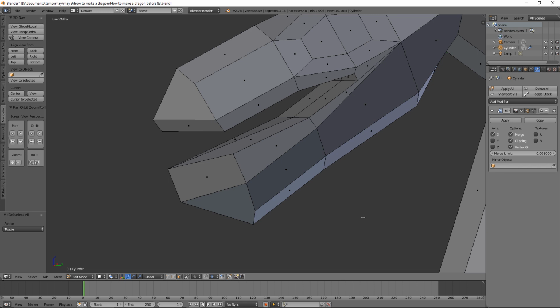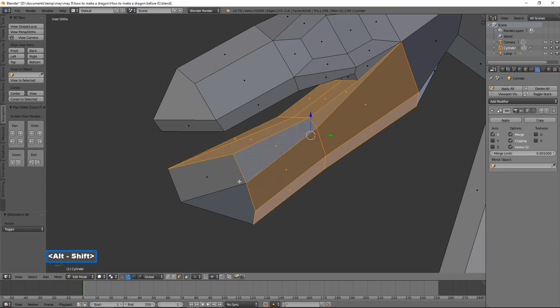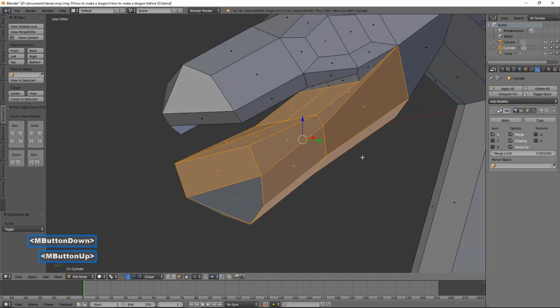And then with face select, I'm going to hold Alt and click here. I'm then going to hold Shift and Alt and then click here. I'm now going to let go of Alt, hold Shift and click here. So with all this geometry here selected,